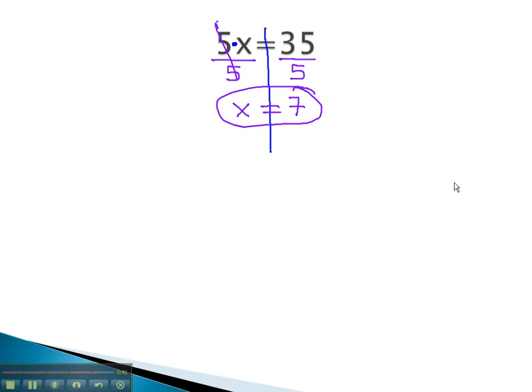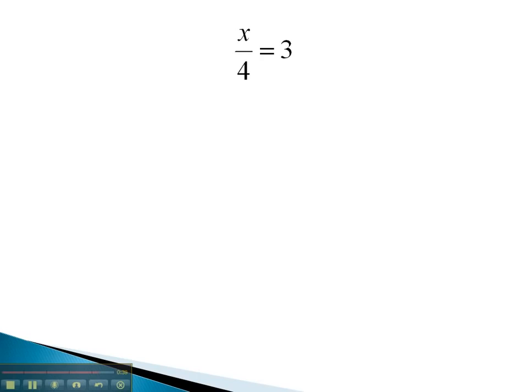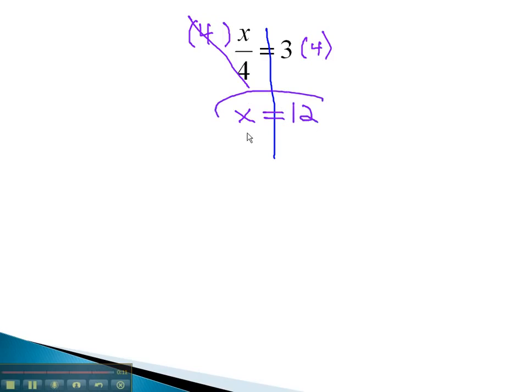Let's try one more. In this problem, we have x over 4. The fraction bar implies division. So, as we balance through the equal sign, we will do the inverse or opposite operation of division, which is to multiply. To get rid of divide by 4, we multiply by 4 on both sides. Notice again the 4's divide out, and we're just left with x equals 3 times 4, or 12. By working backwards and using inverse or opposite operations, we can find what x